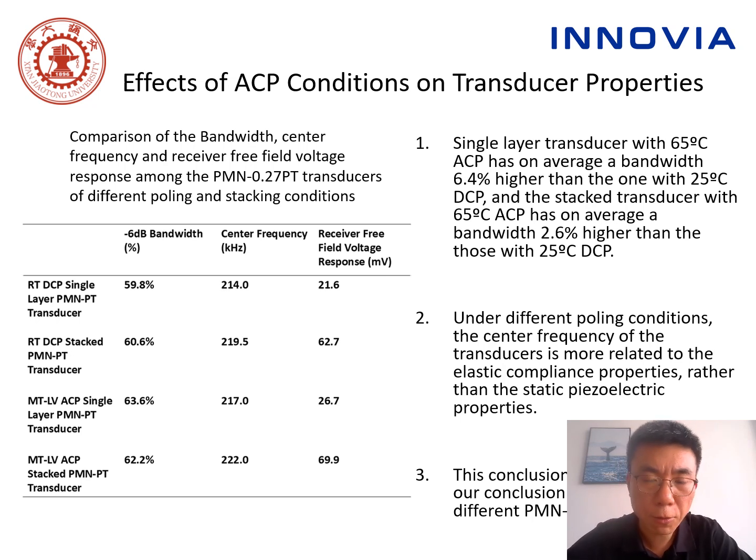The table on the left shows the comparison of bandwidth, center frequency, and receive free field voltage response among PMN-PT transducers of different poling and stacking conditions. Firstly, the single layer transducer with 65 degrees Celsius AC poling has on average a bandwidth 6.4% higher than the one with 25 degrees Celsius DCP. And the stacked transducer with 65 ACP has on average a bandwidth 2.6% higher than those with 25 degrees